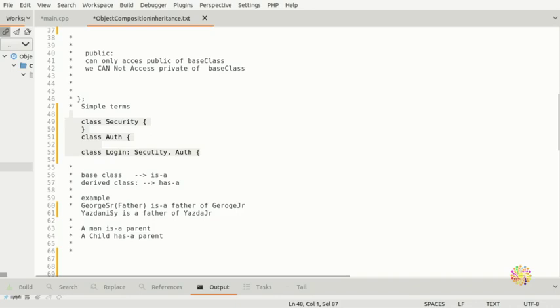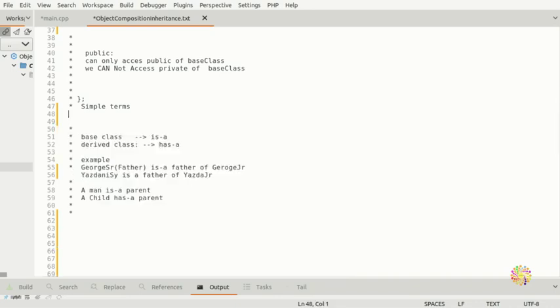Without further ado, I don't want to confuse you now with inheritance in C++. Keep in mind that the base class has an "is a" relationship, and the derived class has a "has a" relationship. As I said, George Senior is a father of George Junior, and Yazdani is a father of Yazdani Junior.